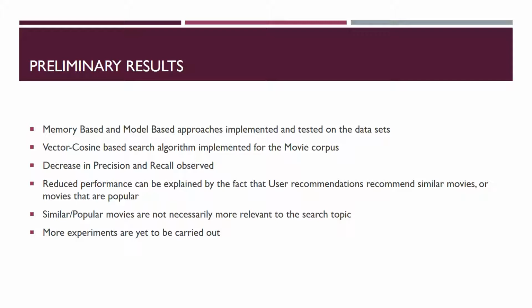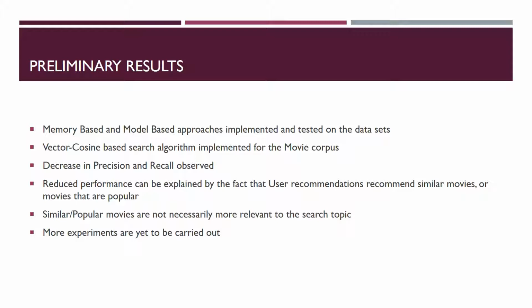When you predict a ranking using collaborative filtering, you're predicting what the user would rate a particular item. That, however, is not linked to whether the highly ranked movie is relevant to the topic or not, which explains the decrease in precision and recall when adding in weights from such a